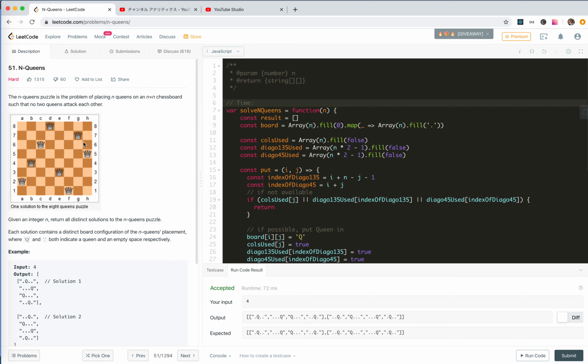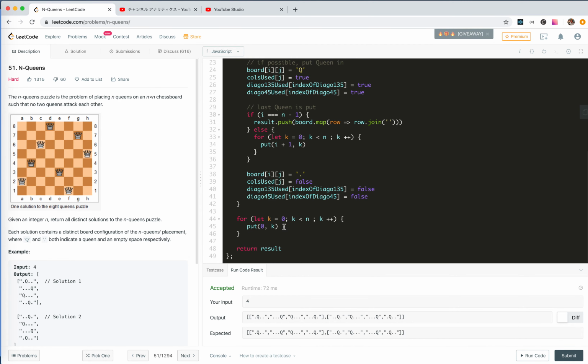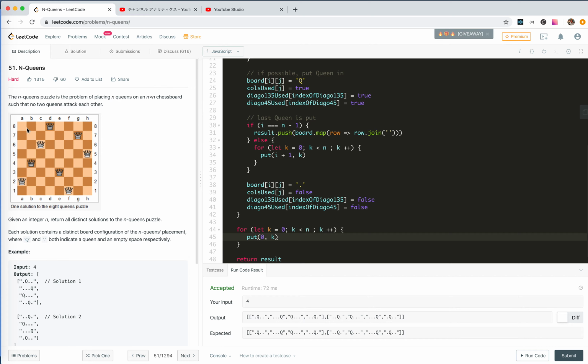And on average, I think it's something like, if we put, I don't know how to calculate the time complexity. The first one will be n possibilities for the first queen, and then it will be